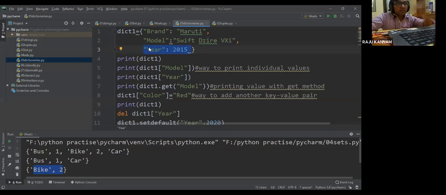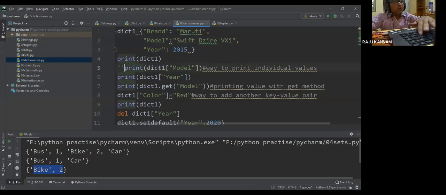In the previous three scenarios, always we are working with the values. We are not bothered about the key. But in some places, in some applications, we have to store the key and its value also. Okay. So in those scenarios, these dictionaries are useful. Okay. So now I'll print it.